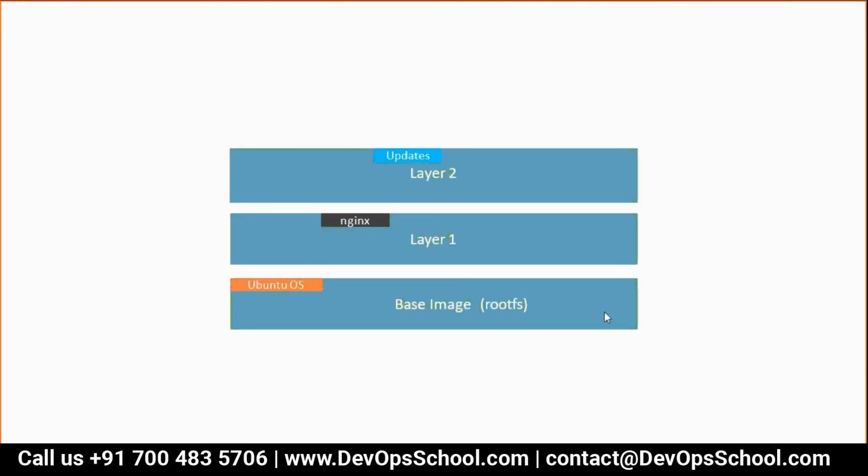Okay, guys. So this is an image. Again, back to the same topic. An image is nothing but a collection of multiple file systems. Each file system, we call it a layer. Why? Because these are layered over each other. The bottom file system is called the root file system. On top of that, any file system you have may contain files related to the application and user. Am I making sense to everyone? Yeah. Everyone?